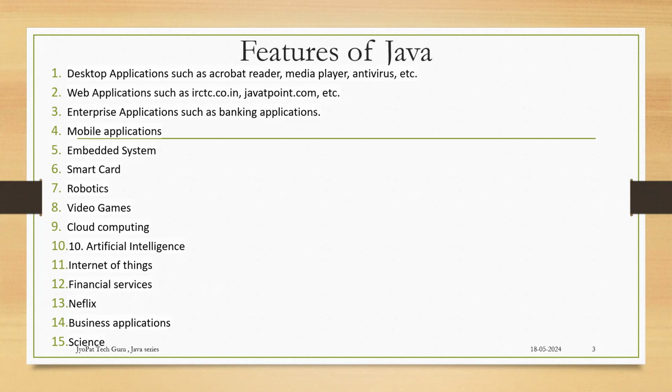First of all, it is platform independent. And second, as we have varieties of categories of different types of departments in the entire world, we require the use of Java there. Nowadays, a lot of different versions are coming up. You might have heard about Java 1, 2, 3, 4, as well as JDK and all other things. Of course, we are going to discuss each and everything in the entire web series.